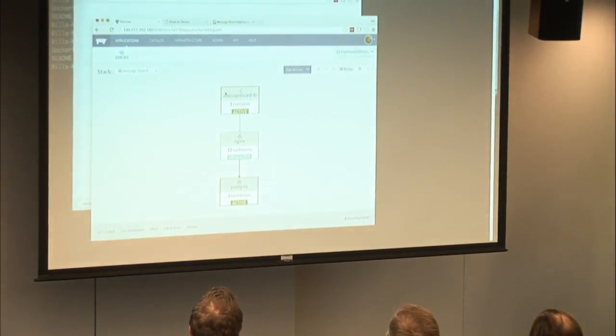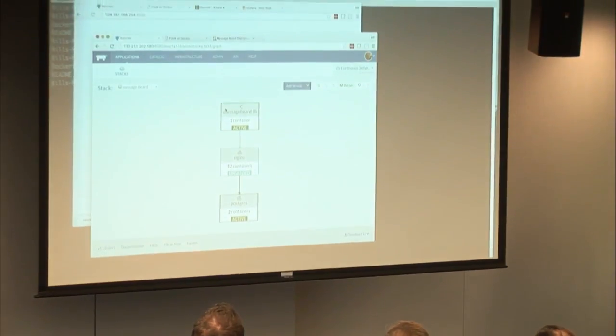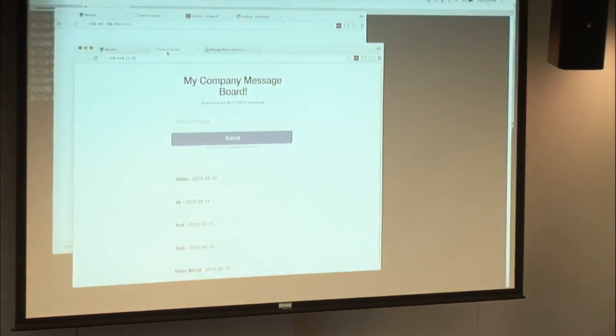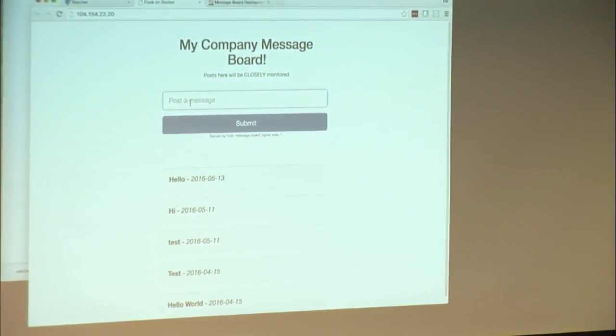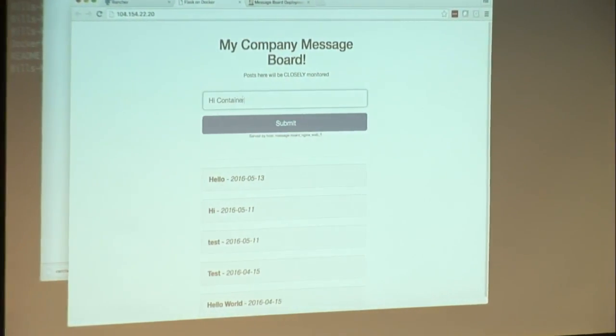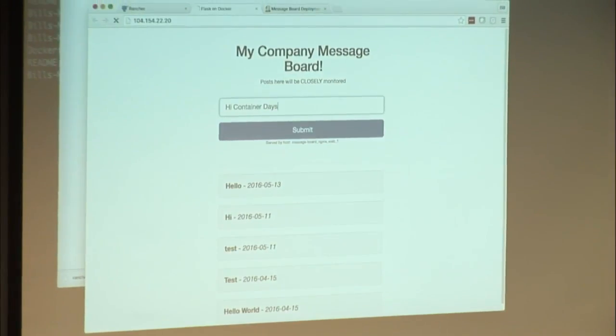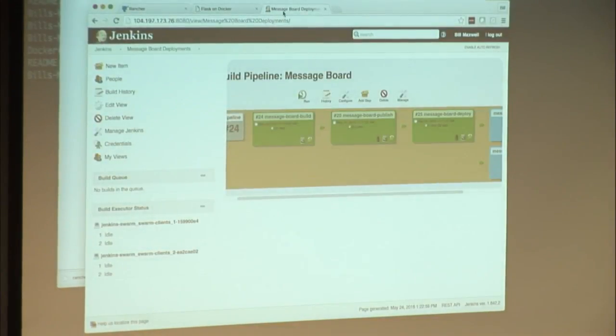It's got a load balancer, some Nginx containers, and a Postgres. It just is a little hello world. It says my company message board. We can say, hi, ContainerDays. And it'll stay. So if everything goes right, we're going to make a small change because, as good developers, we've